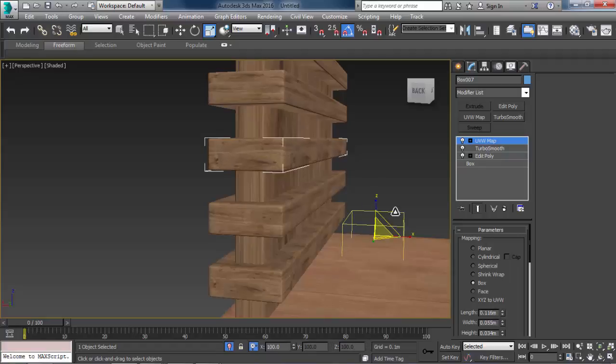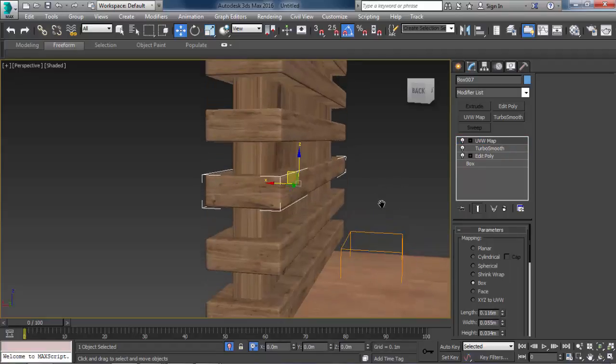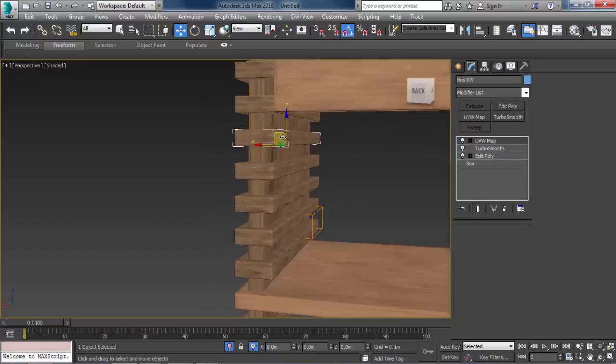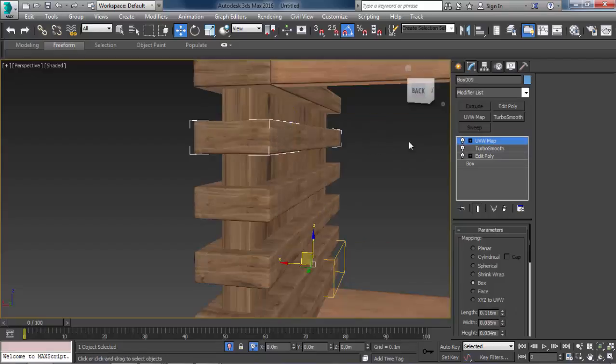Maybe change the size, scale it up. I'm just hitting 1 to select the gizmo. Maybe rotate it a little, 90 degrees like this.